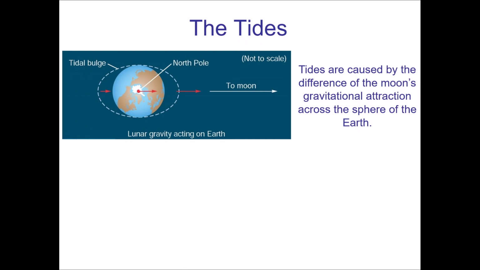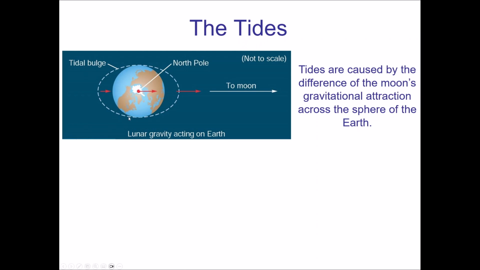Now, that 13,000 kilometers is a significant amount of distance compared to the distance to the Moon. And what that means is the right side of the Earth, as seen in this picture, has a greater gravitational attraction to the Moon than the left side does. It's like about a 3% difference or so. And what that does is it causes what we refer to as a differential gravitational effect. The right side is being pulled harder than the left side.